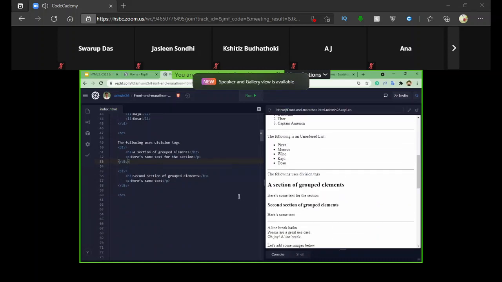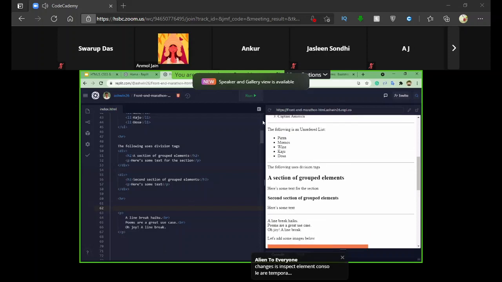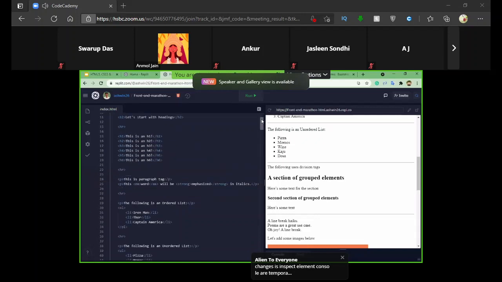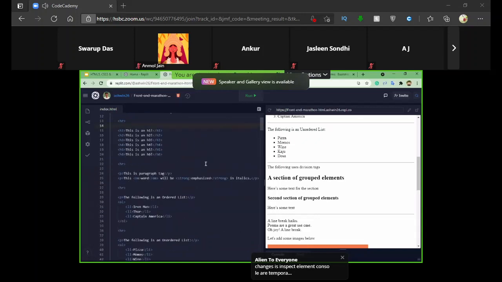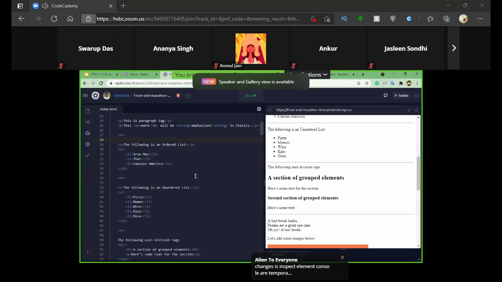Let's say we have a big paragraph, right? When we have a bigger paragraph, HTML will not take the white spaces into account. Let's take my coding example, right? I've used a lot of enters so that I can separate out this content.